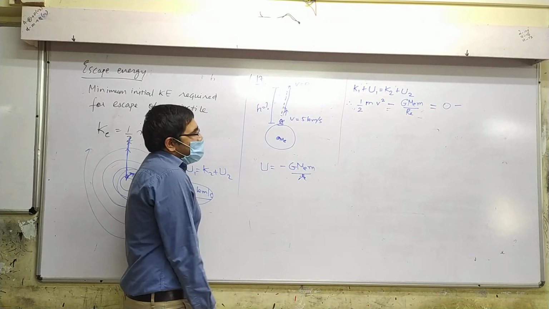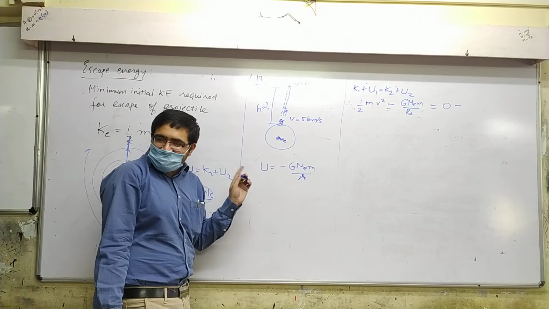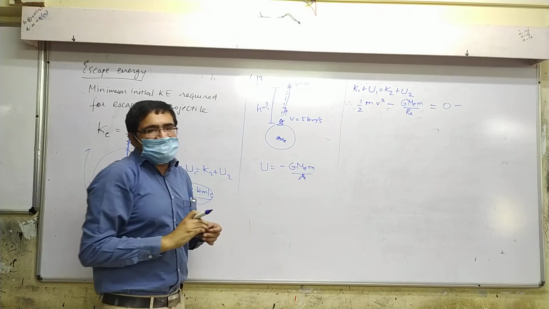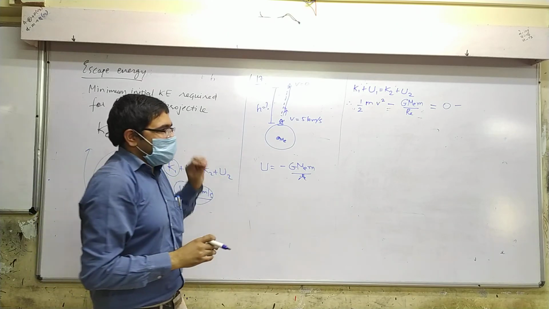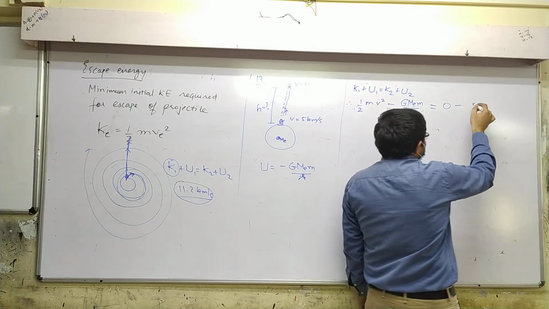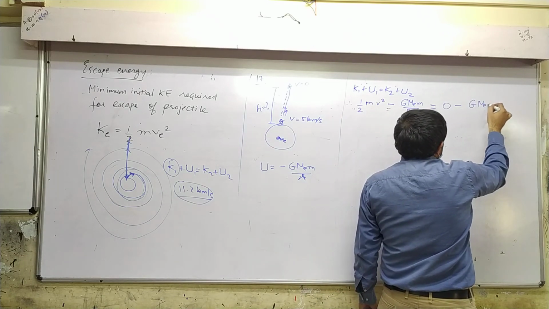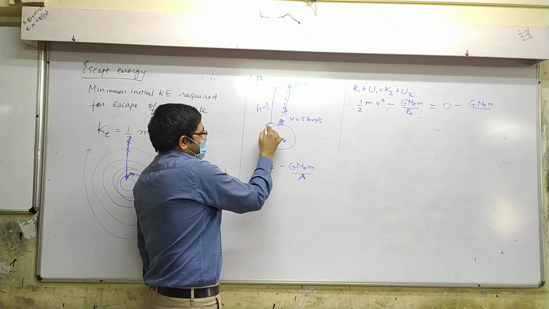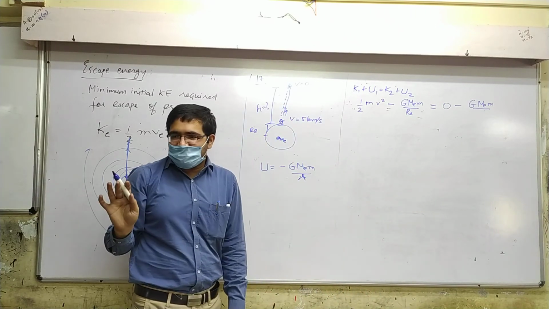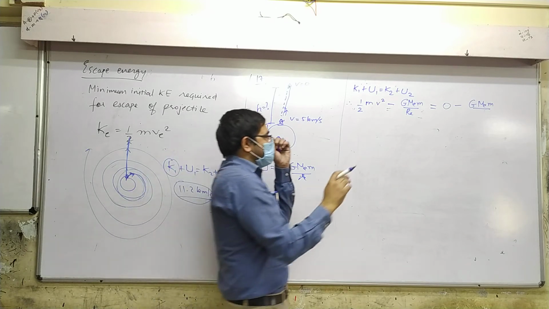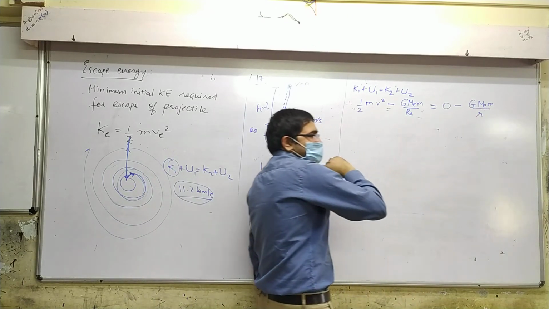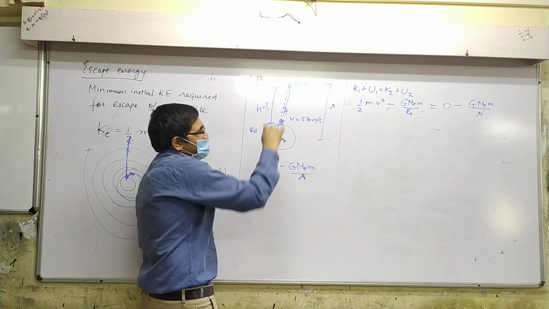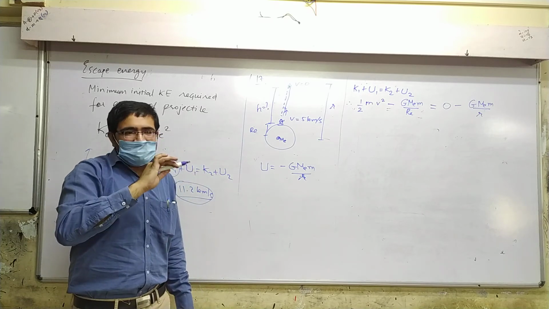Now here, use the same concept. Come on. Our rocket has reached here. Is it inside the earth or outside the earth? Outside. Simple idea. So minus G Me m by smaller r. I can write Re plus H if I want, but I will not do it right now. I will do it later. So I'm just writing smaller r. Is that okay, everyone? What's smaller r again? Re plus H. I hope you can see that in the figure clearly.